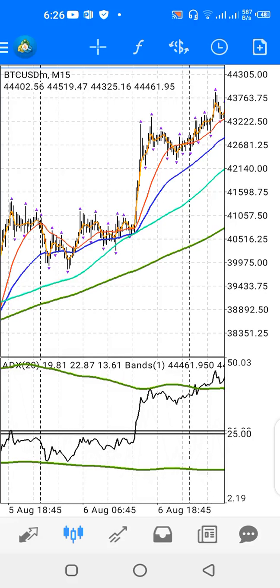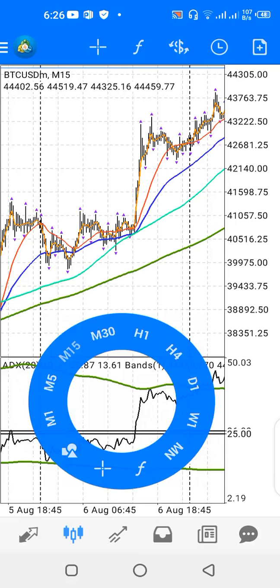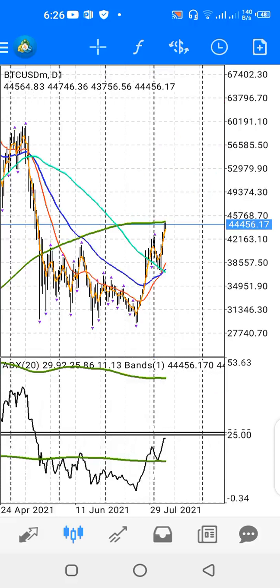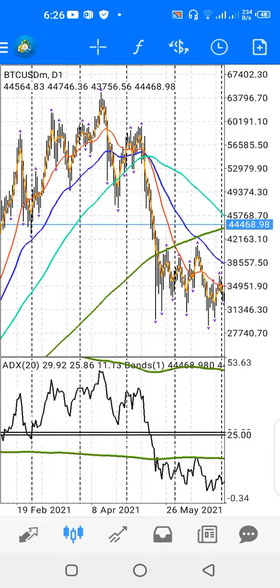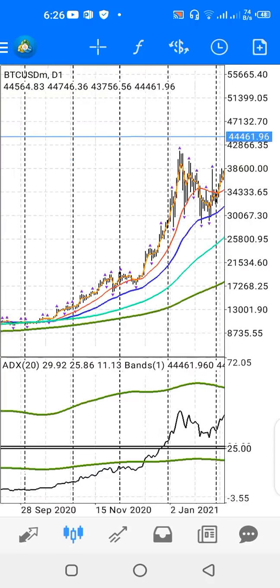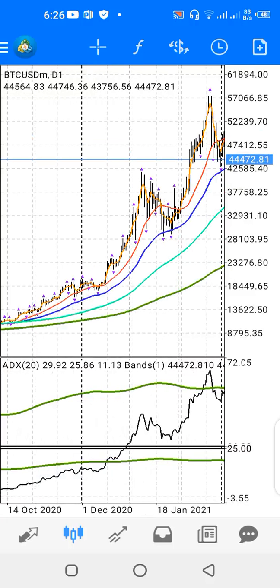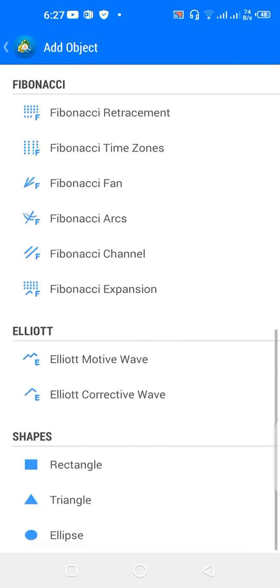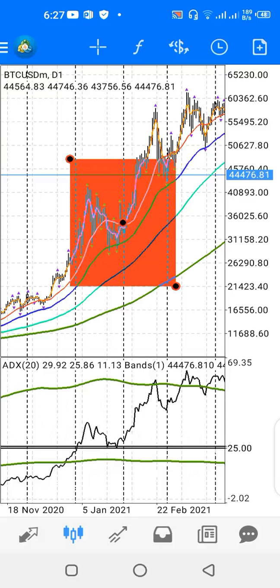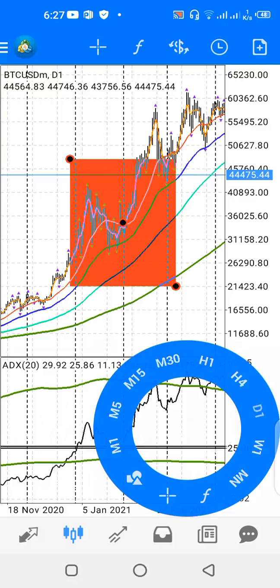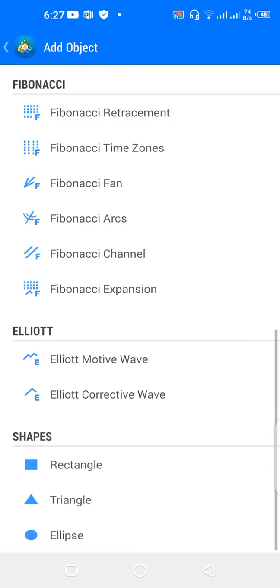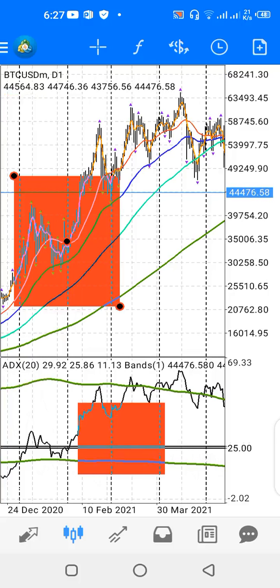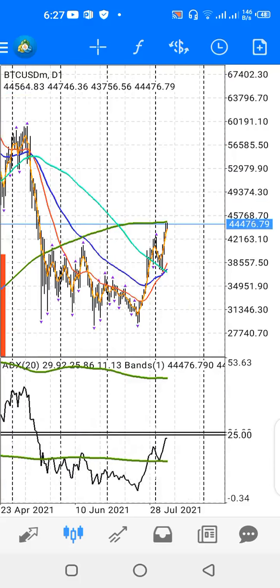So I will first of all go to the daily time frame. This is the daily time frame. I have multiple moving averages on the main screen. This is my main screen, and this is indicator window one. Okay, so on the main screen for BTC,